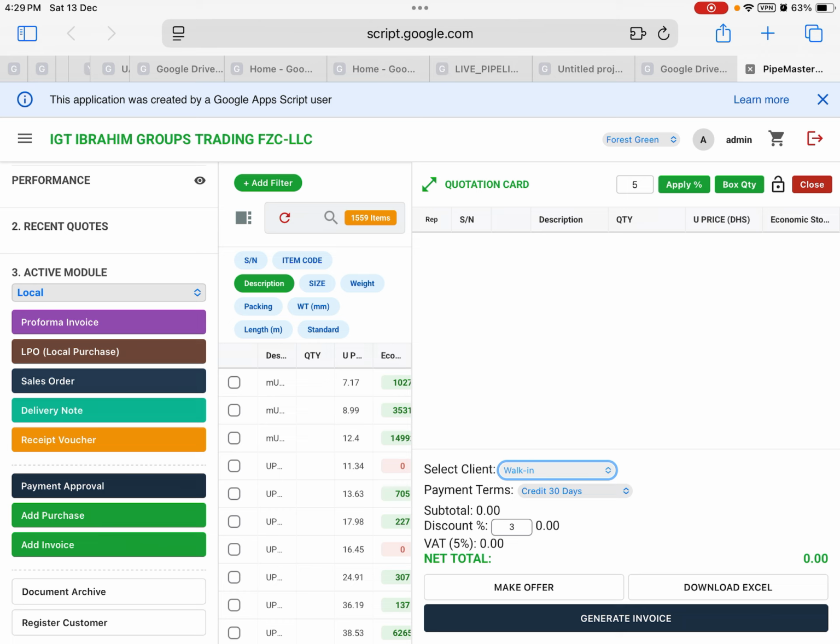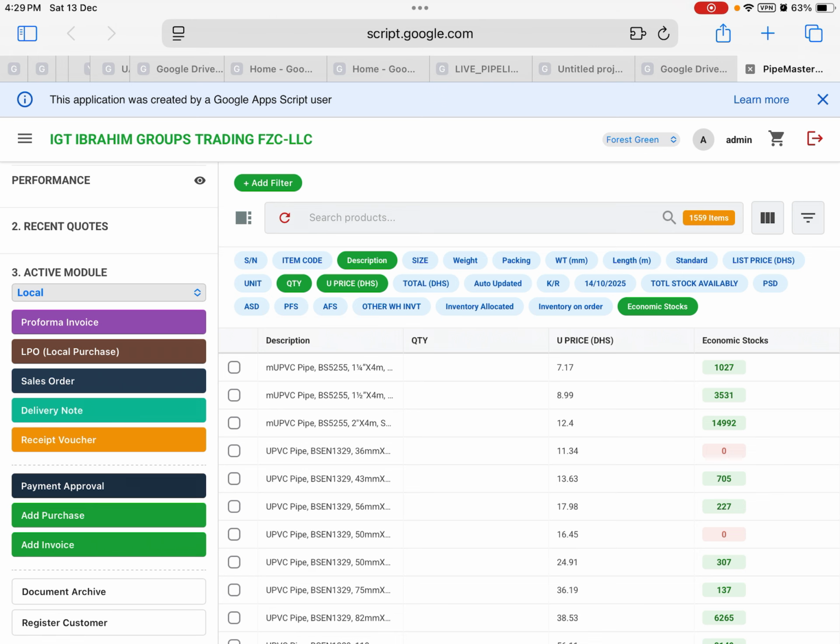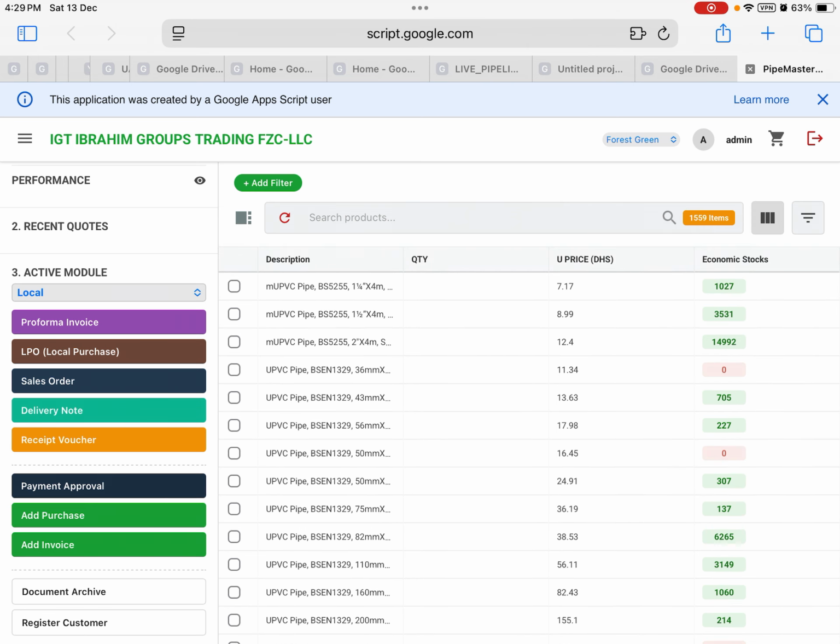Work, I'll explain to you. This is the complete price list. Okay, and if you want to activate any heading column in the quote app, so you